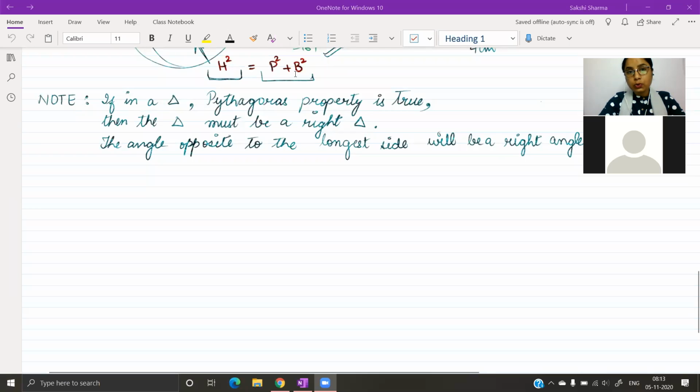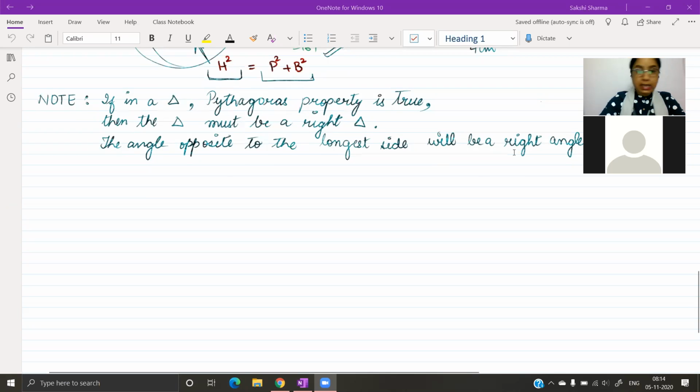But आपको add किनको करना है? You only have to add the perpendicular's square and the base square. Hypotenuse square will be kept separate and the answers should match. So that means it's a right triangle. And if it's a right triangle, you can use this result. And I have written a note for a triangle. If we know कि triangle की sides की length क्या क्या हैं, हम ये property check भी कर सकते हैं. और अगर ये property true होगी, then we will say that the triangle जिसकी sides हमें दी गई हैं वो right triangle है, and the angle which is opposite to the longest side will be a right angle.